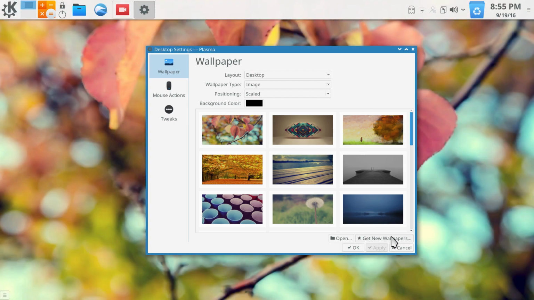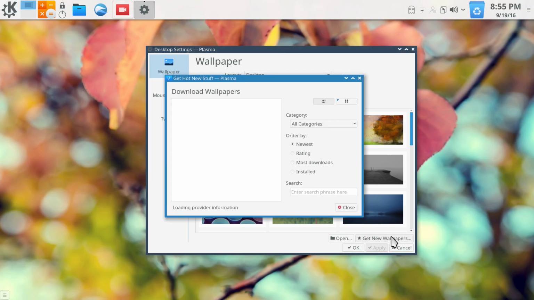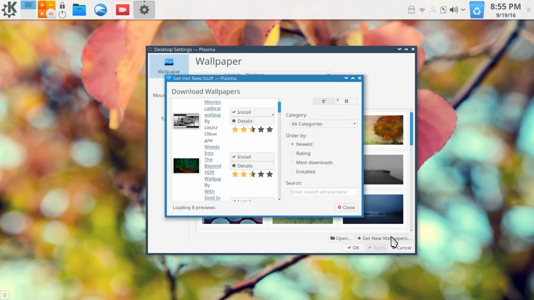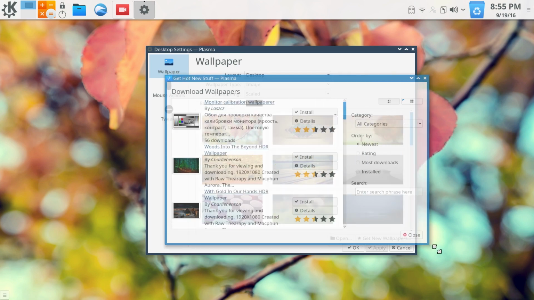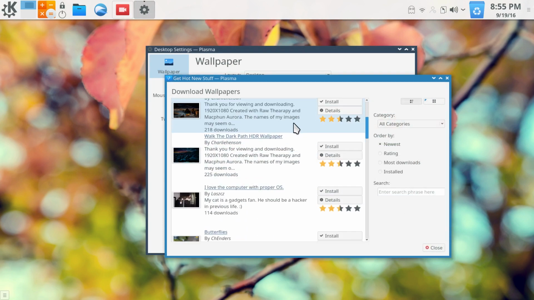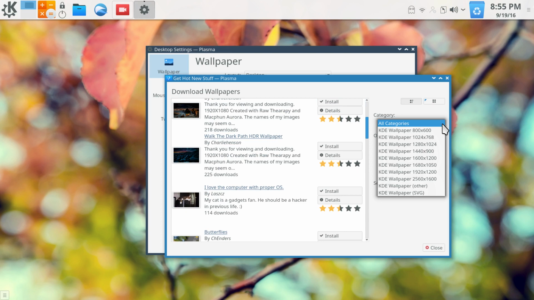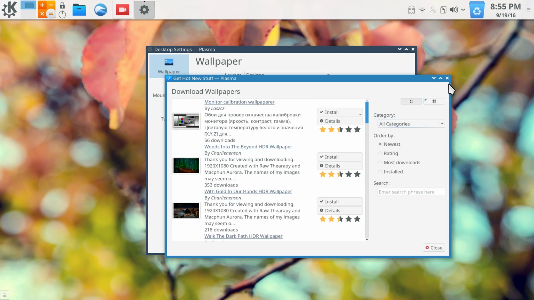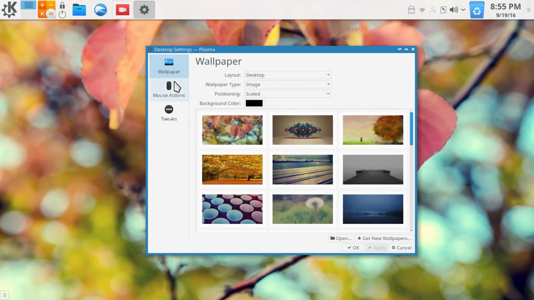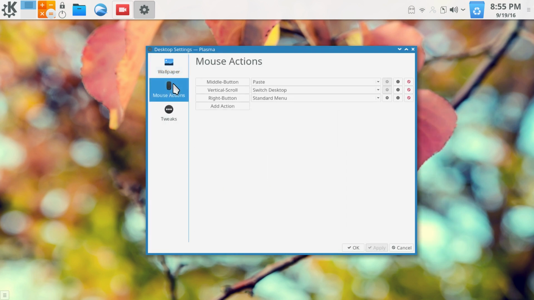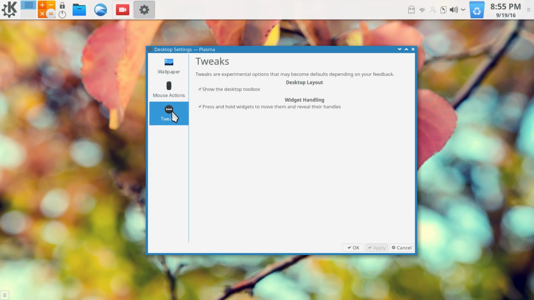Now you have the option of get new wallpapers. And so from here it's going to log into, I believe it's called KDE Look, and you're going to have an assortment of wallpapers. You could choose categories and everything, and that's nice to have built in. Most people are probably going to go online and download a wallpaper of their choice, but it's nice to have that there. You could also go in and change your mouse actions from here, and then you have some additional